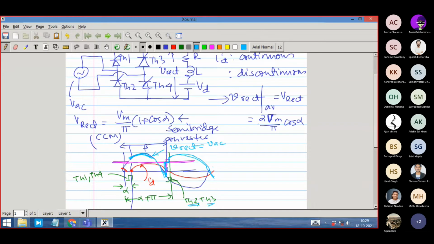And again it jumps back to the level of this. That means here I may think that it has jumped back. The current was zero, so the voltage was somewhat negative. Voltage in blue color, which color? This color. Voltage was somewhat negative, and then it has jumped back to this level, and stays there till firing happens. So this is the shape of the rectified voltage.